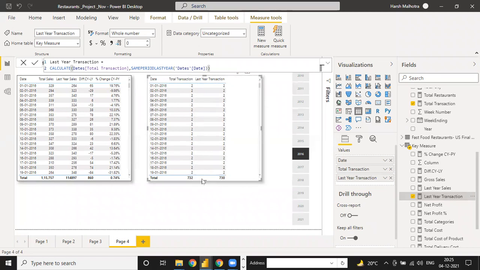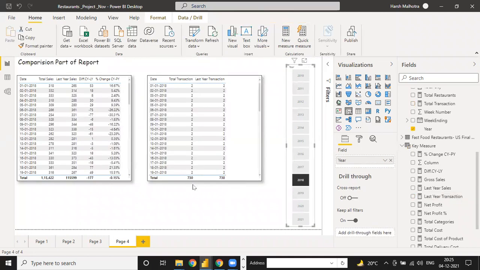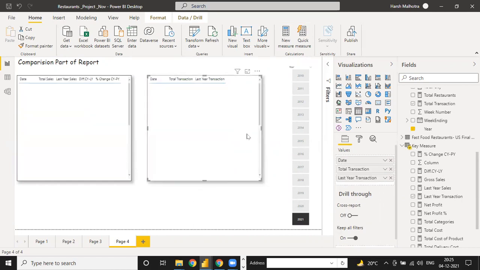It means your working criteria is same. So nothing is changed in 2016 and 15. If you go to 2018, 730 to 730, 2020, 730 to 732, 2021, 372 and 732. See, there is a difference. In 2020, we have this much sale, but in 2021, we have just 372 sales. Why? So we have to identify. Okay. Same way, you can put out difference, percentage change.